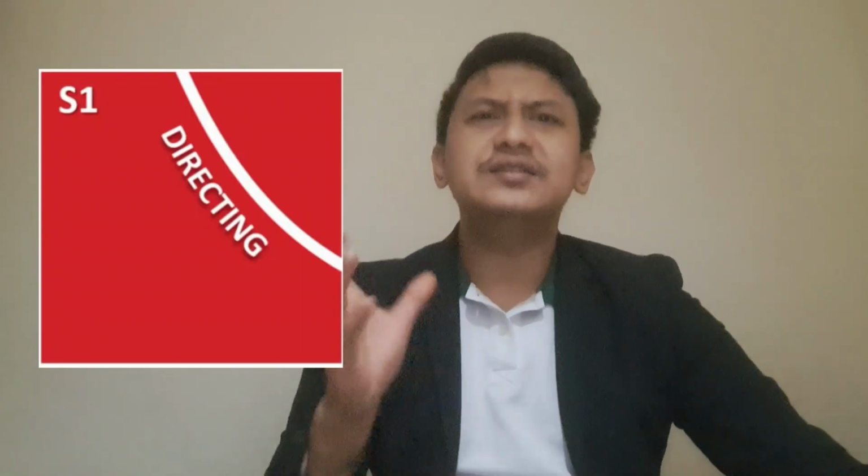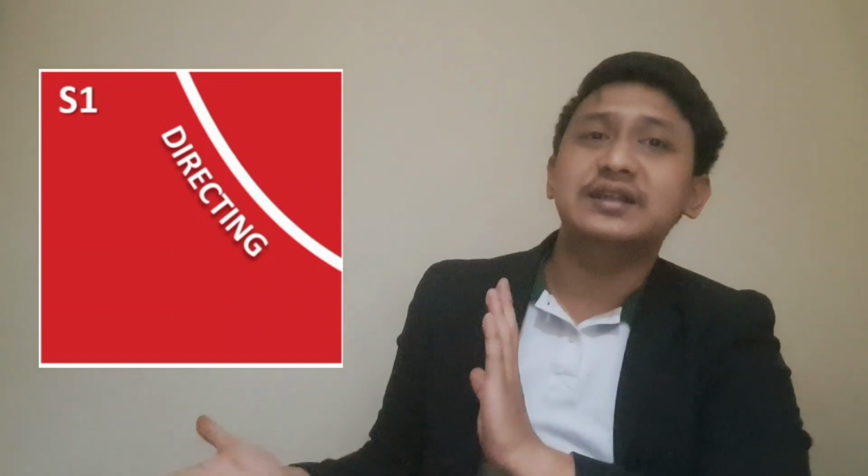Now, let's look at S1, directing. It's associated with autocratic leaders where they are the only ones involved in decision makings. This is for D1 employees who have low competence and low commitment with their work. In D1, leaders can apply a guiding hand to their followers. In this sense, leaders are taught to be more autocratic as they need to be firmer in their actions, in their orders and guidance as to guide their followers to be more self-managed.